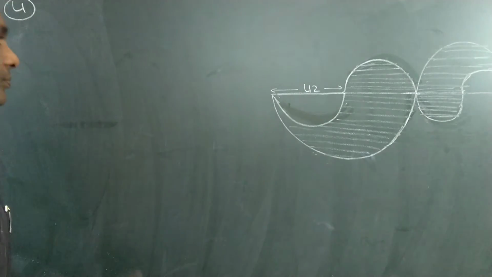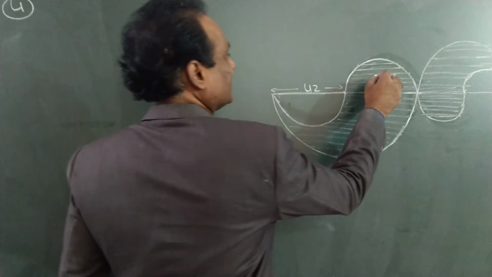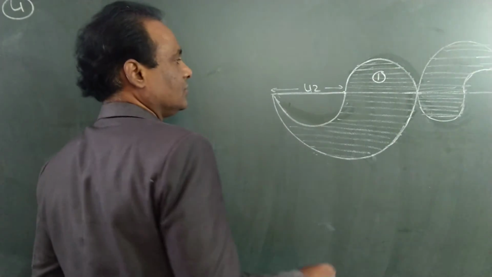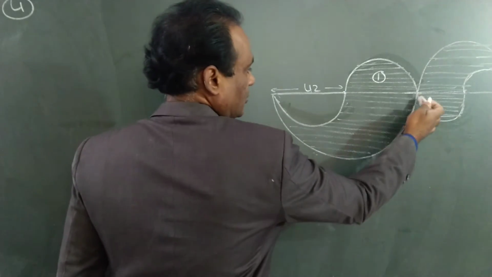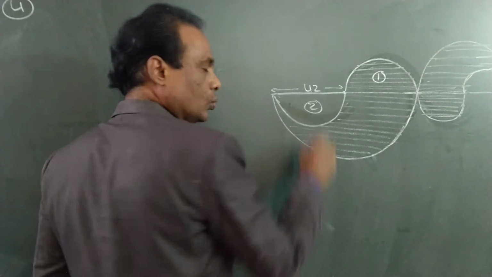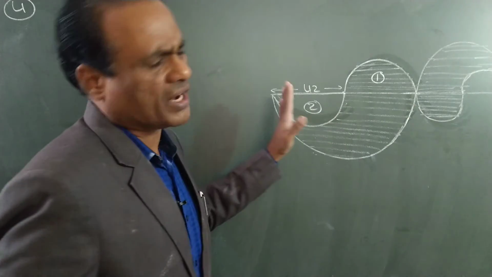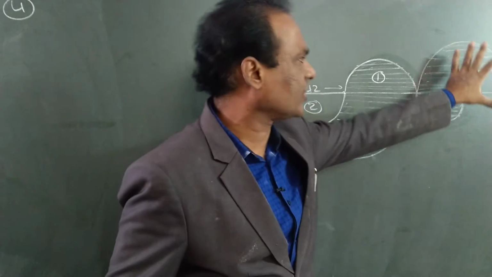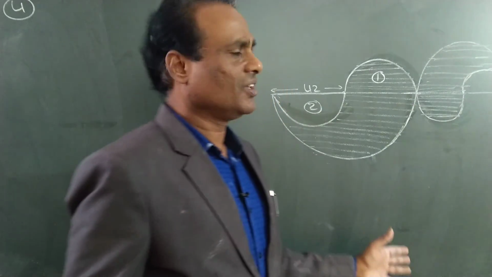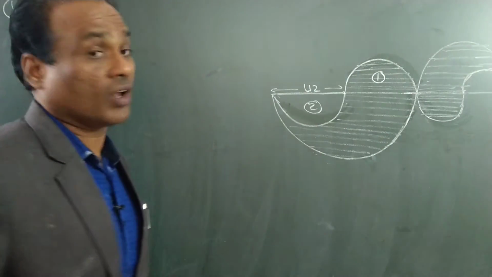Now, what is the area of the shaded region? See here. This is 1, this total, say, the bigger semicircle. This is 2. I will call it the bigger semicircle. The same diagram is repeated. Actually, I have drawn this as a small one because both are the same. Only to explain, I drew this bigger one and that smaller one. So both are actually equal.